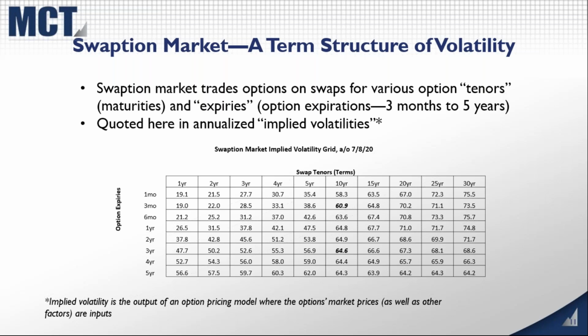And what's unique about that is if you look at, say, the Treasury futures options, the furthest right now you can go out to for the expiration of an option is December of 2020, which then the options themselves basically expire late in November 2020. Whereas here you can go out as far as 5 years on an option, which makes it very unique and very interesting to watch. This matrix, if you will, is quoted in annualized implied volatilities.